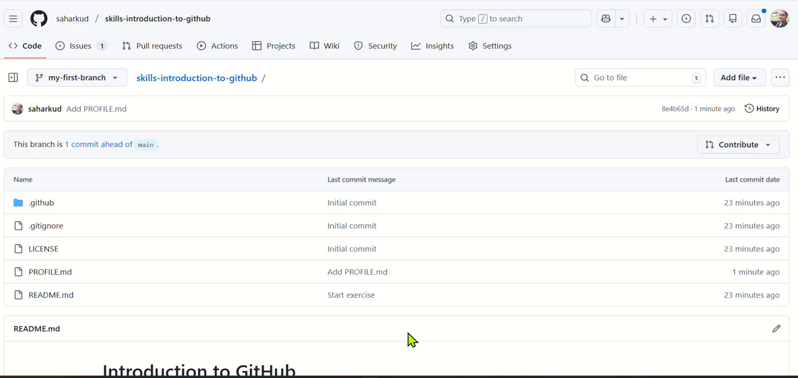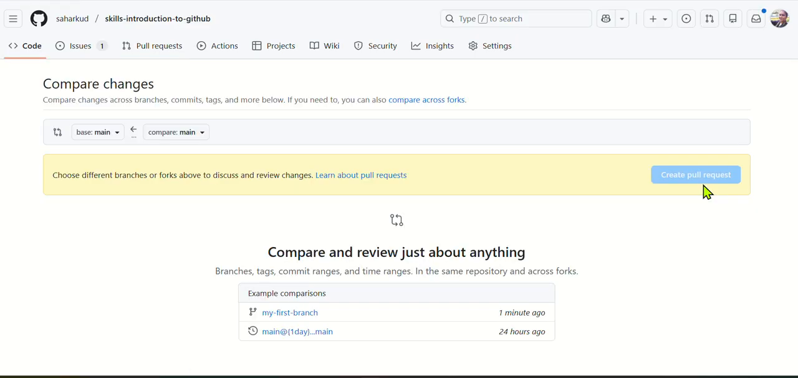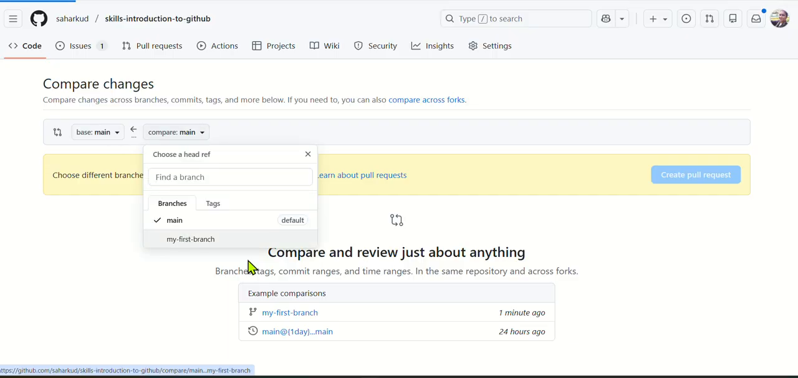So let's create a pull request. To create a pull request, we will go to the pull request tab, click new pull request. We have to select this option, and you have to give your base branch as main. We are going to do basically a comparison, and we are going to compare it with the first branch,